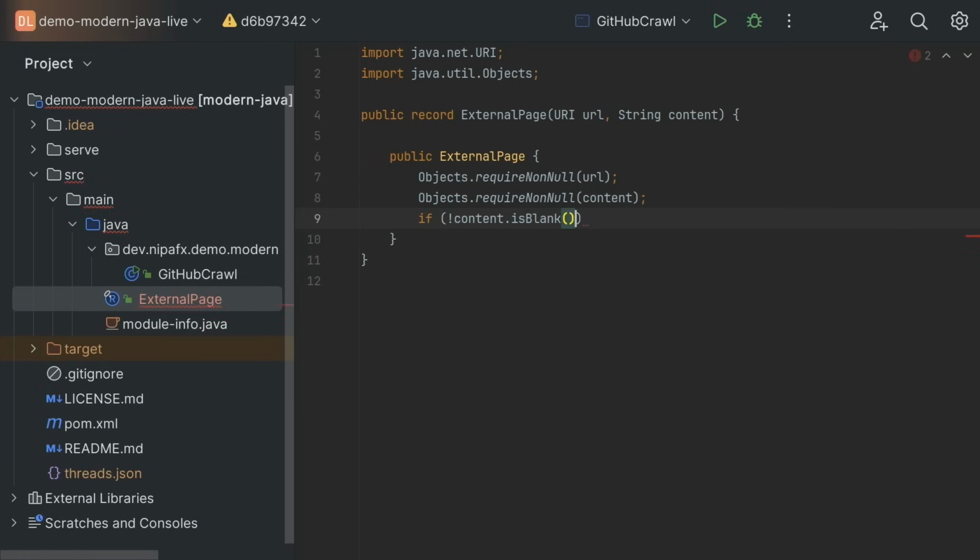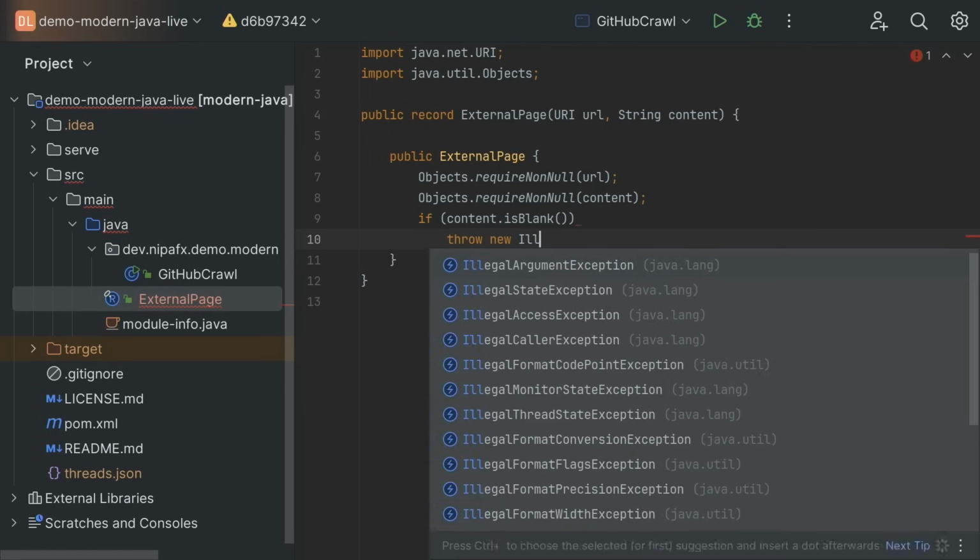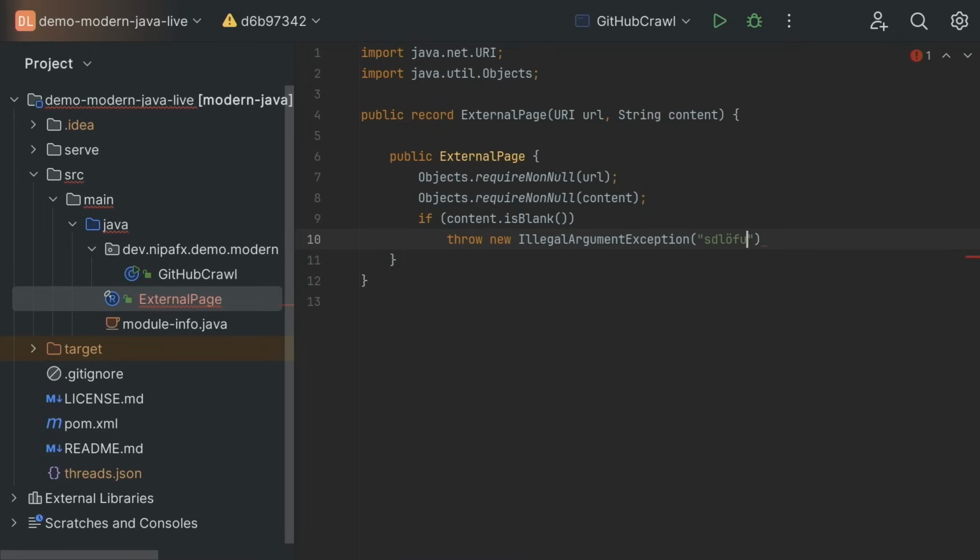So if it is blank, we're going to throw a new illegal argument exception, and we're going to put a good message here later. Let's say to do